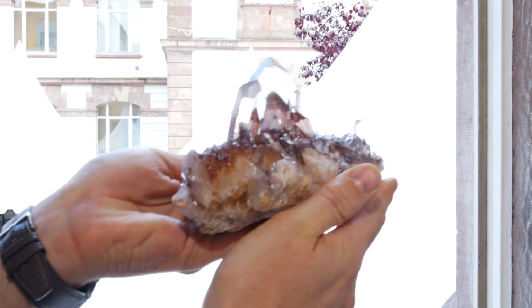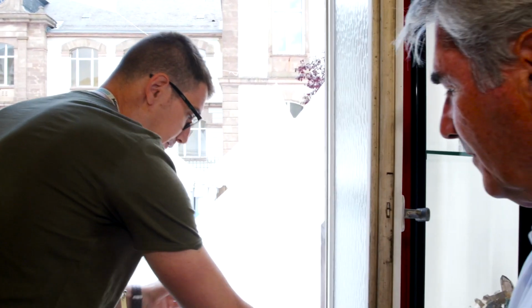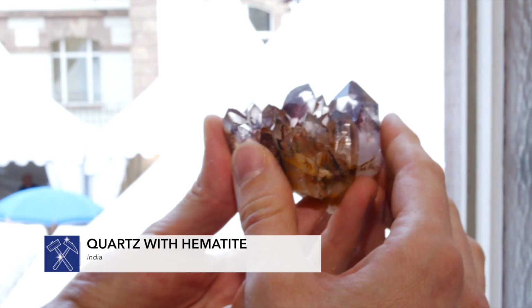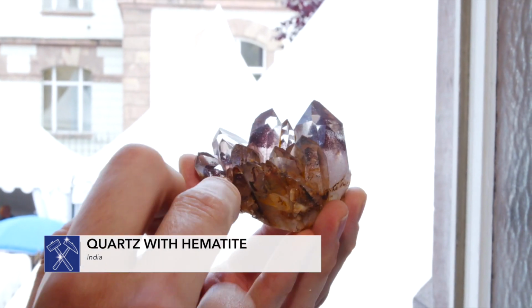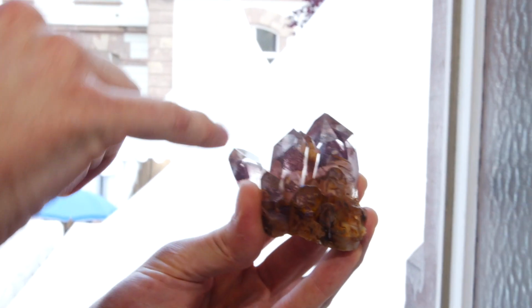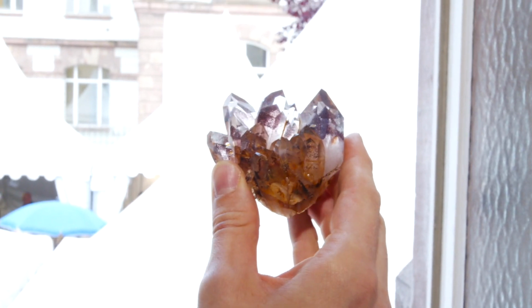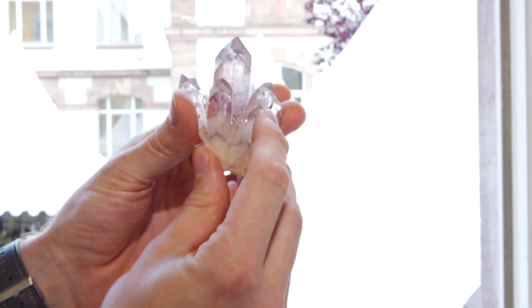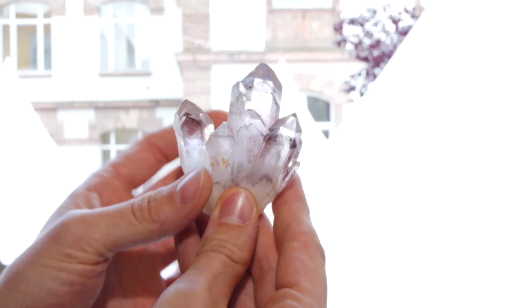I just want to steal you for the last 30 seconds to show you how they come out from the mine. So when we receive this, just after a fast wash from the mines, they're very brownish. And the brown is deep inside, in the contacts, everywhere. And after our cleaning it starts to become better, but you can see still some orange between the crystals. And with a very deep cleaning in our lab, we are able to make them totally clear without any kind of trace of